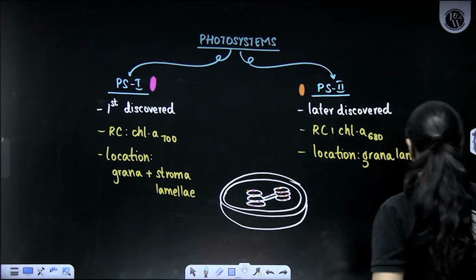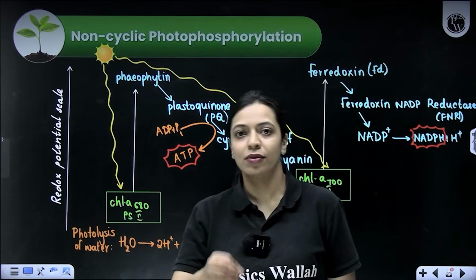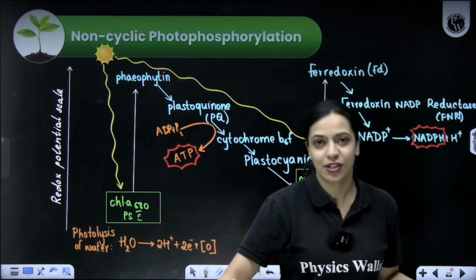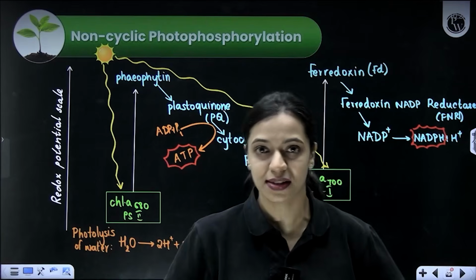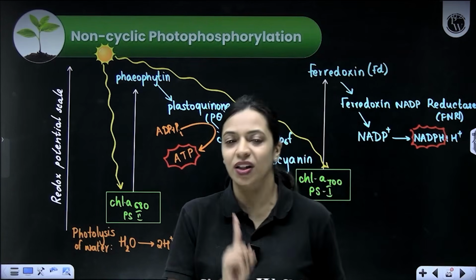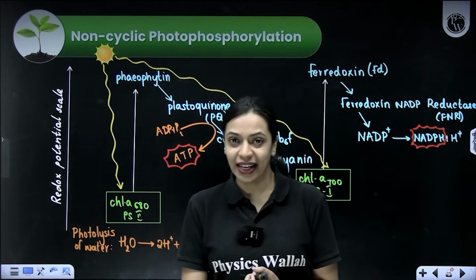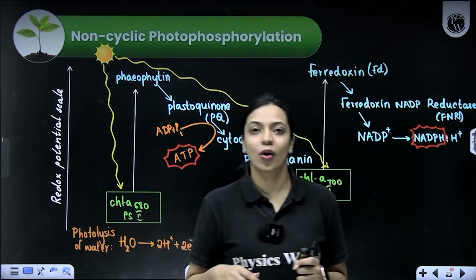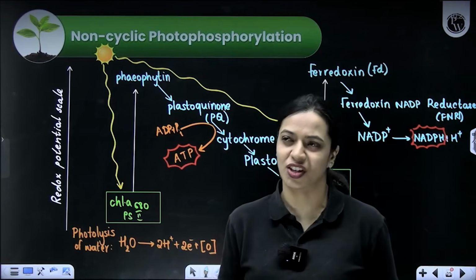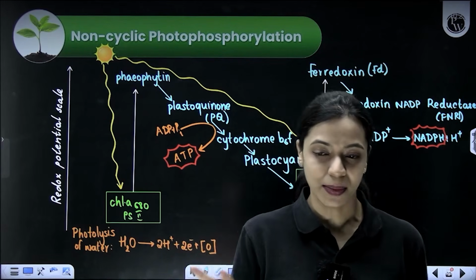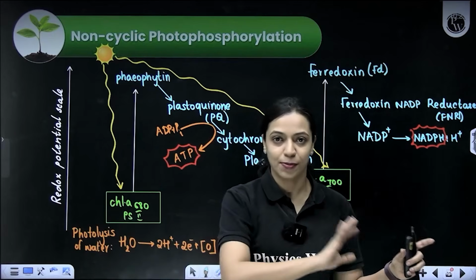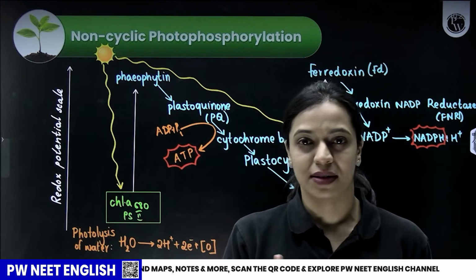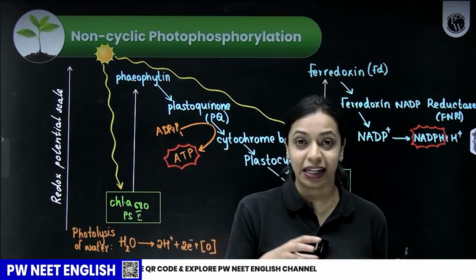Okay. Now, let's talk about photophosphorylation. See, I told you we are discussing photosynthesis as a process in two distinct phases. The first phase is called the light reaction or the light dependent reaction. So, during light reaction, I mentioned earlier how ATP molecules form, right? So, the formation of ATP is called phosphorylation. Actually, phosphorylation in chemistry is a general term where a phosphate group is added to a substrate, you call it phosphorylation. But in the context of respiration and photosynthesis, when we discuss phosphorylation, we mostly talk about how ATP gets